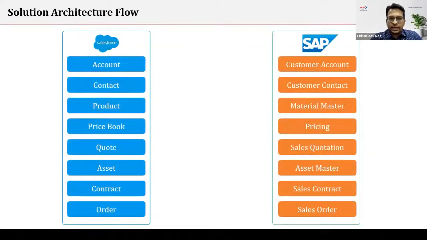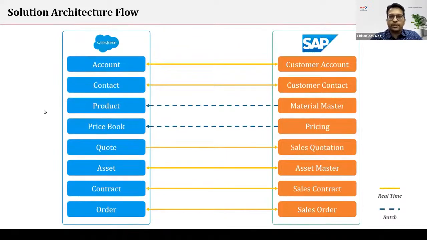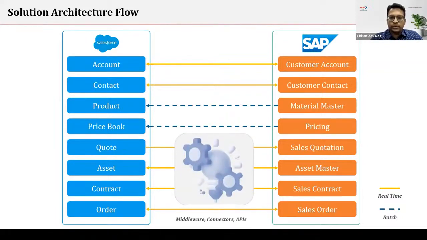This is just a very high-level solution architecture of what we just discussed. We can see there are two different applications, Salesforce and SAP. What are the different objects? What data has to be exchanged between both systems? Whether it is bidirectional, like account data, which has to be bidirectional and happen in real time, in yellow. But things like products and pricing need not happen in real time, and can be unidirectional. So this is how it looks. To create this integration, middleware, connectors, or point-to-point APIs can be used on a need basis. Before moving on to the next slide, does anybody have a quick question?